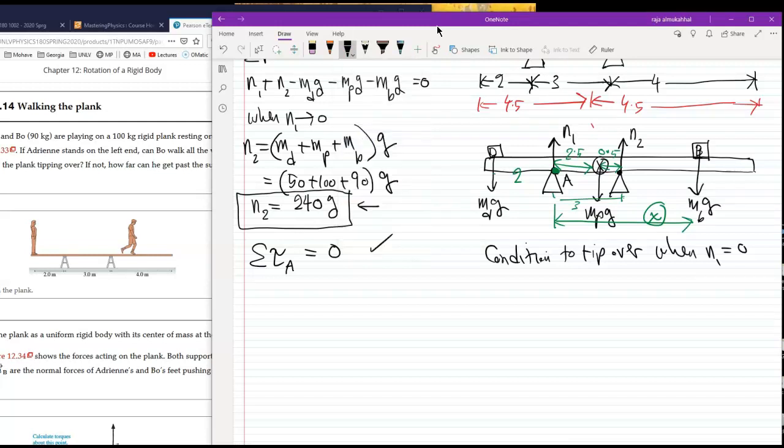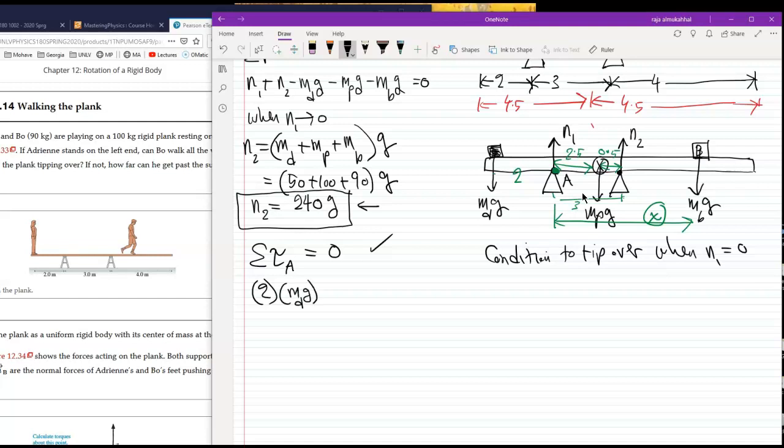So let's take the torque about A. Let's start with the one right here. Look at that vector. This vector is going to go about A like that. See that? Is that clockwise or counterclockwise? You can use the right hand. It's going to be positive, right? So that's going to be plus 2